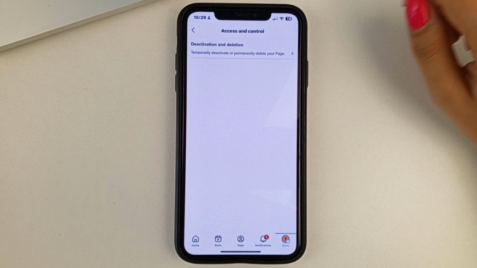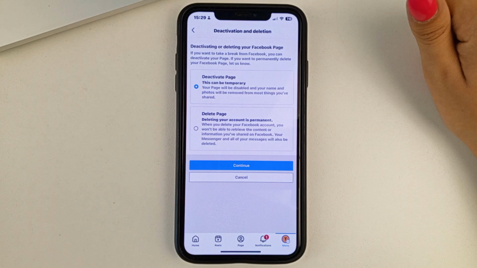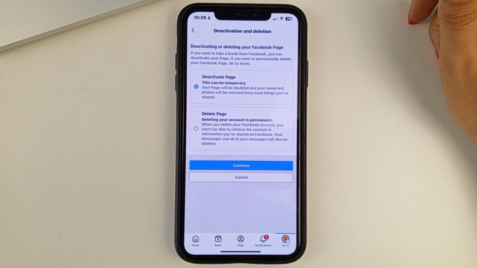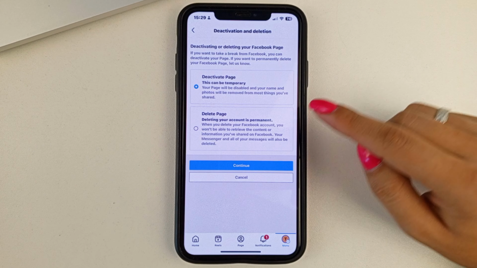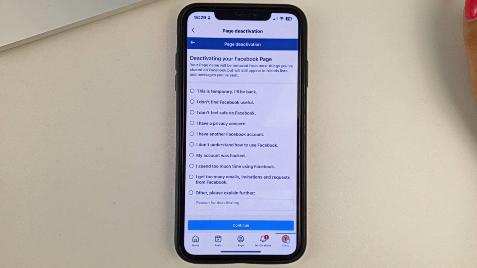Wait for it to load, it may take some time. And so on. As you can see, automatically already here everything is already set to deactivate, so just click Continue. Next, friends, you'll need to enter your Facebook password. Since I just did that literally 5 minutes ago, I don't need to do that. But you enter your Facebook password and you will be taken to the next page like this.